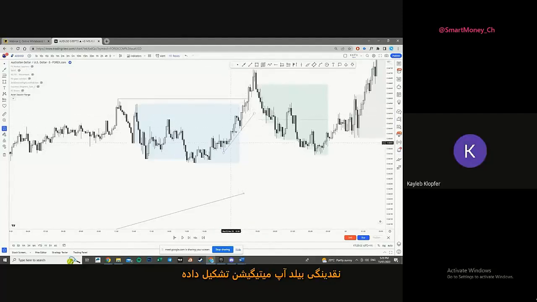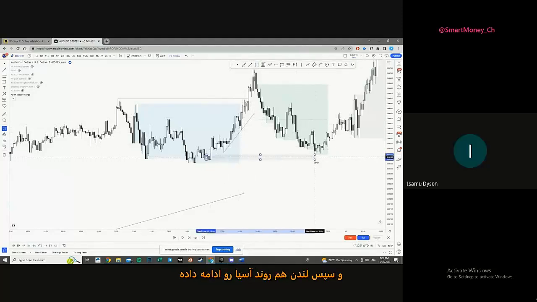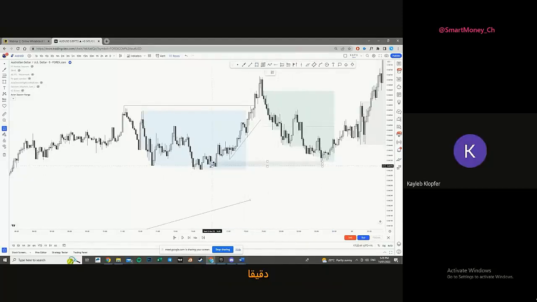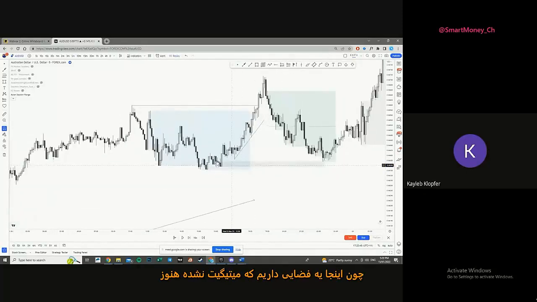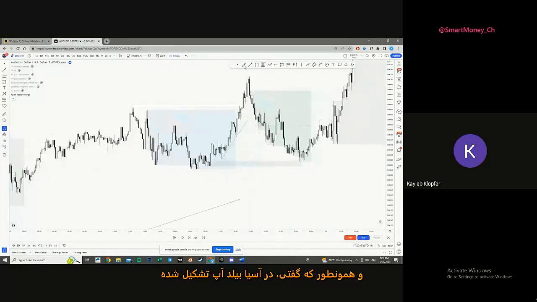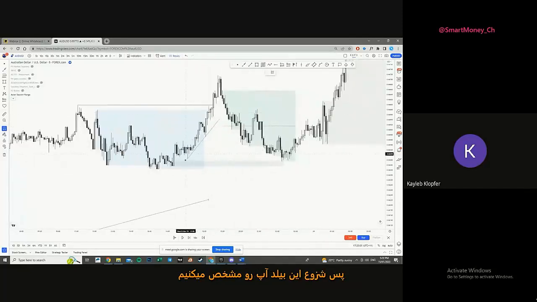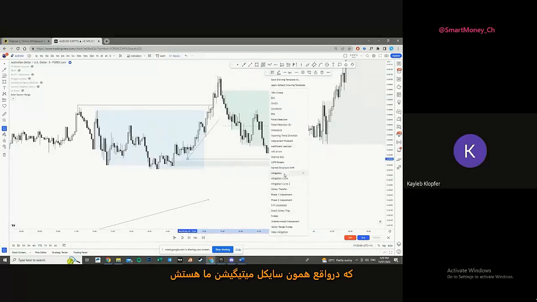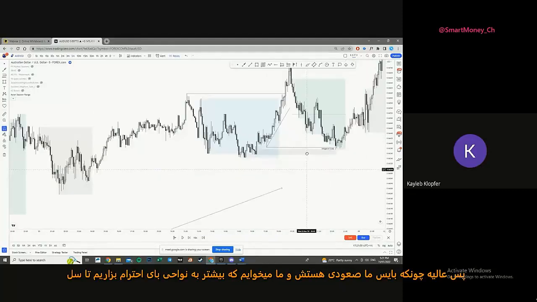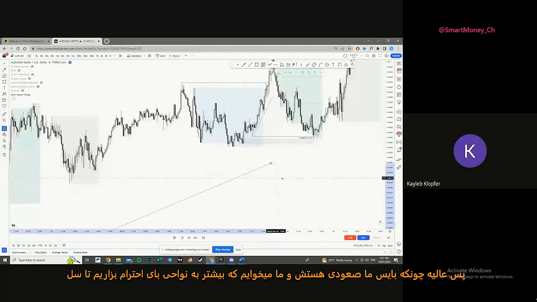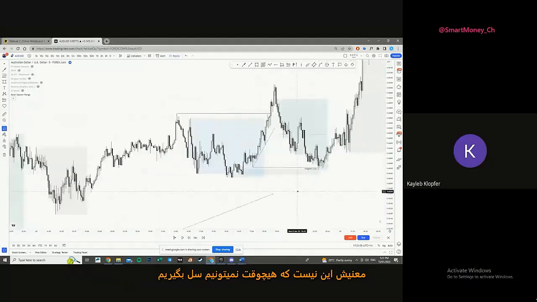It built up mitigations, and then we had London continue with the build. London continuing, like a continuation of Asia. Exactly. Yeah. So we had an order block within Asia here because we have some unmitigated space here. And then, like you said, we built up during Asia. Exactly. So we find the start of that build up, which is in turn our mitigation cycle. Okay. So perfect, because we have a bias on moving up, right?